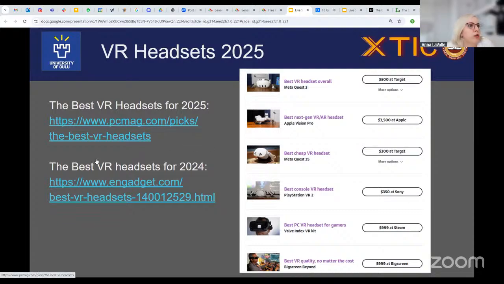So they're more expensive. So you can look at this. Actually, I looked it up. It's 2025, the best VR headsets, but they're kind of the same as last year. So that's a problem, right? Because this is an obstacle for having many VR developers develop VR applications at scale, just because these devices